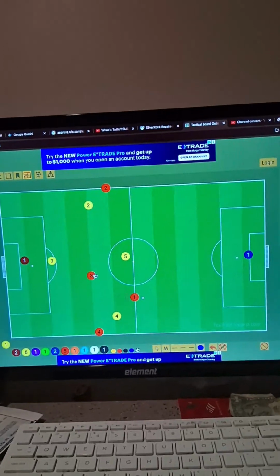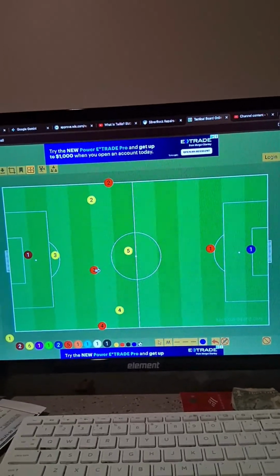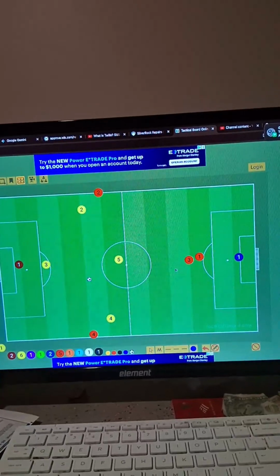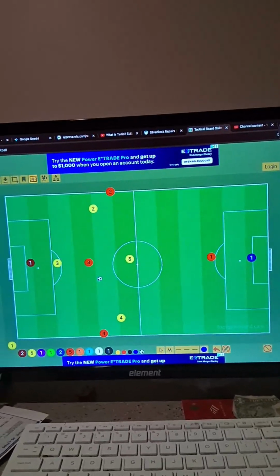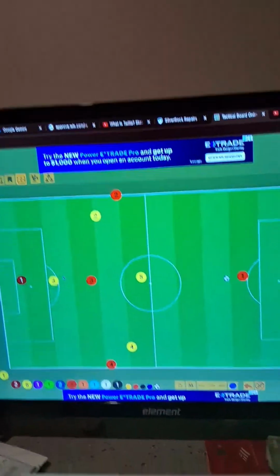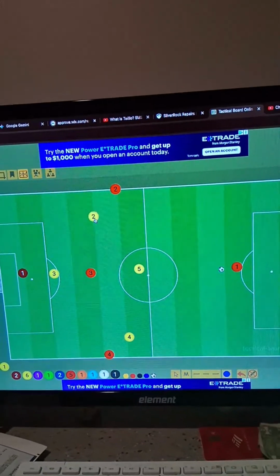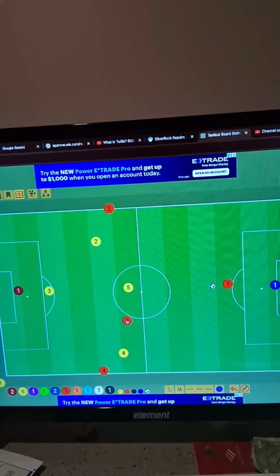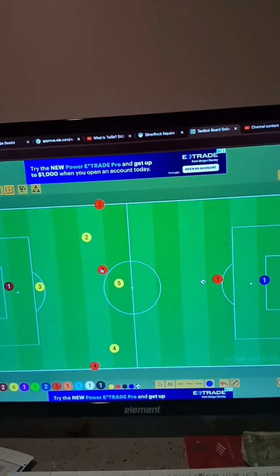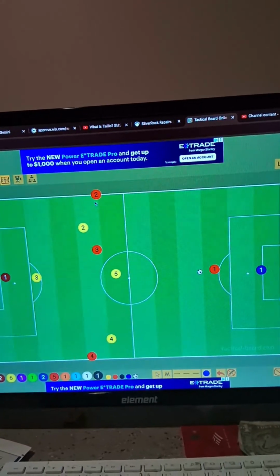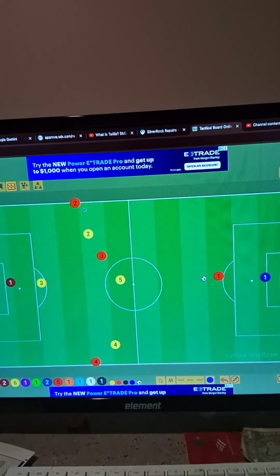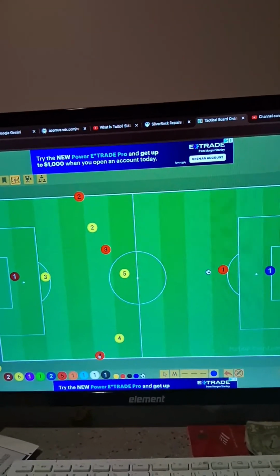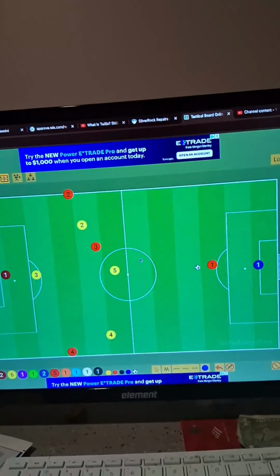So this player here, you don't want to put him into space. You don't want to put him in the press trap because here it'd be crunched. So he's dropping in literally between two lines, or he's posting up, and then these guys are getting between the lines,